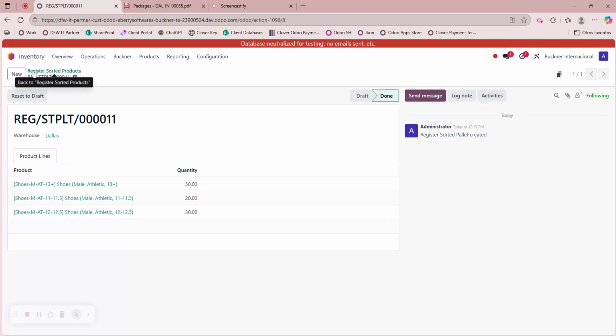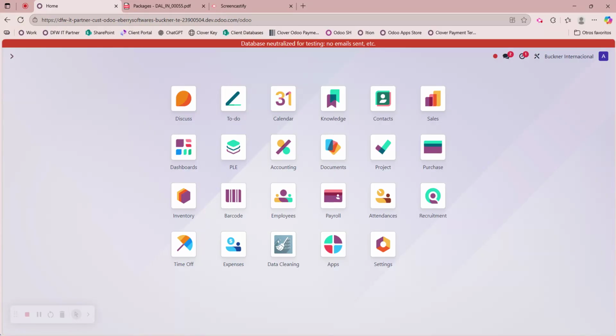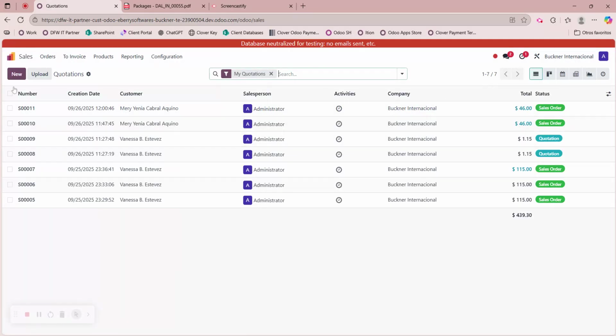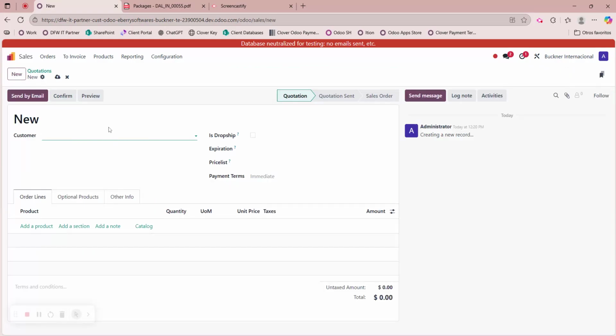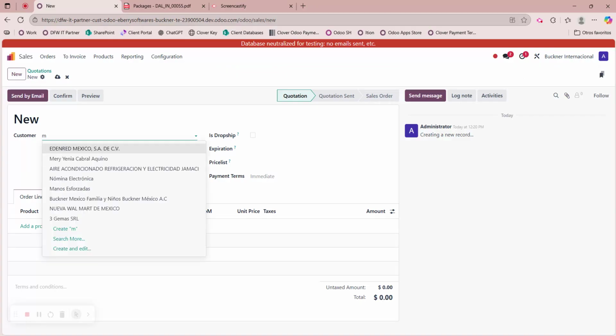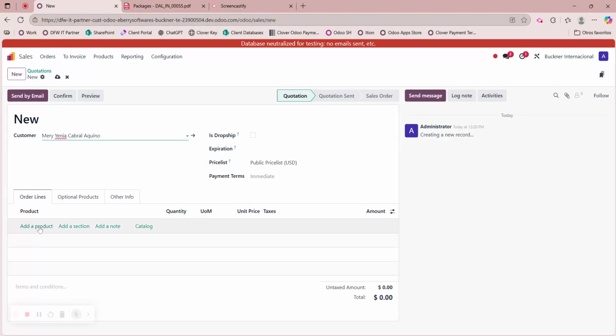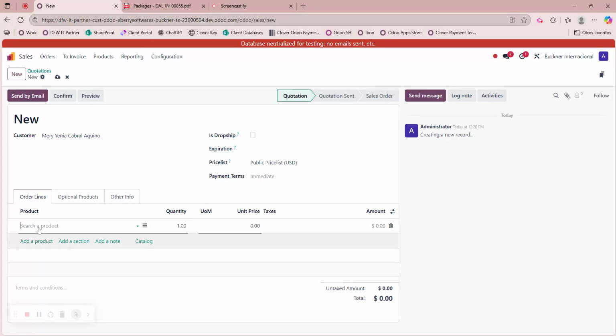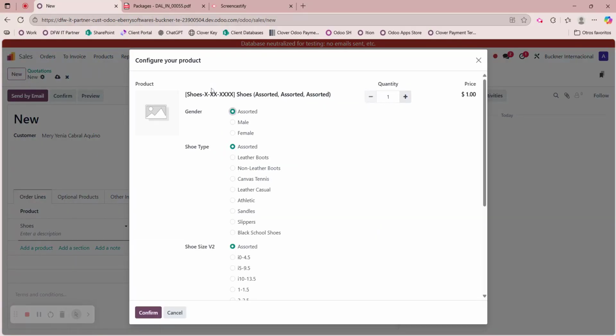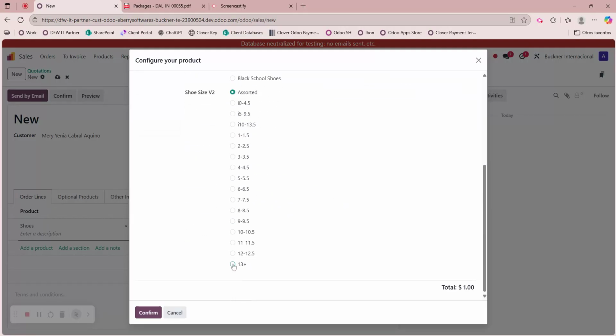So now we need to send these shoes. So let's say we're going to create a new sales order. Here we're going to put the customer, that in this case is going to be Mary. Mary is going to be receiving the shoes. So now we're going to add a product. We're going to be sending shoes, and we're going to select the types, male, athletic, and she needs 13 plus